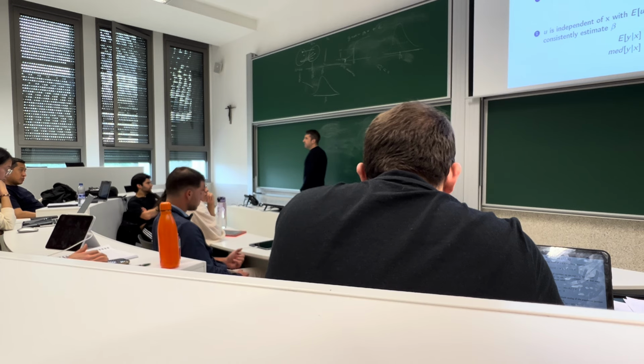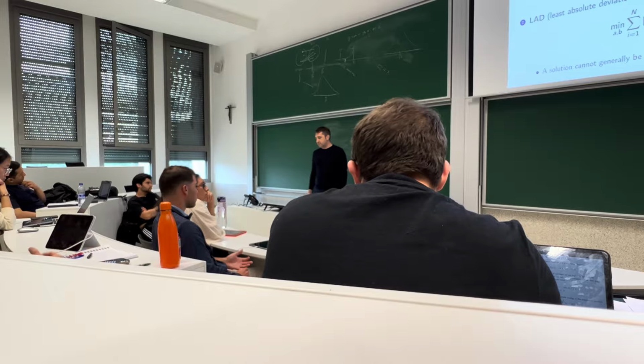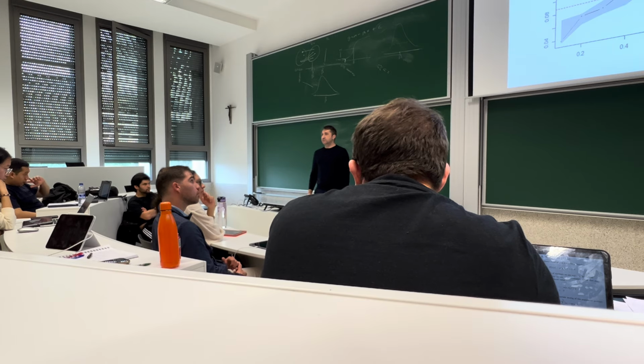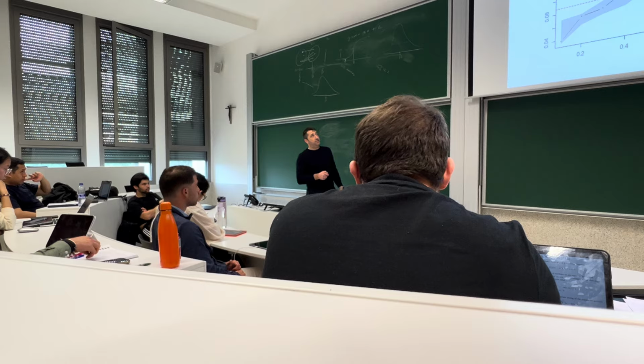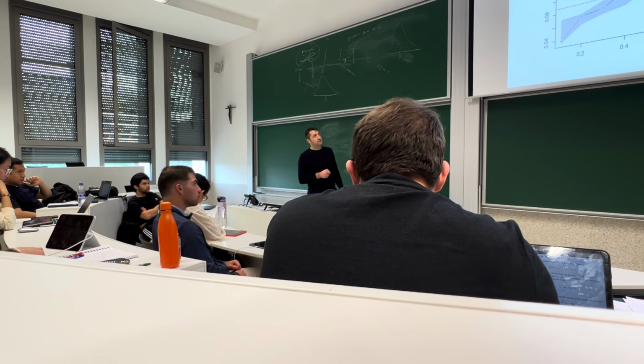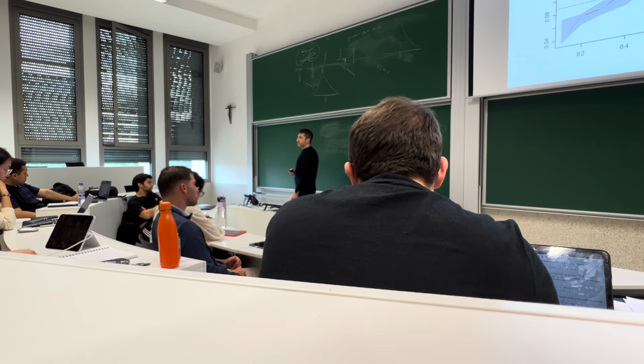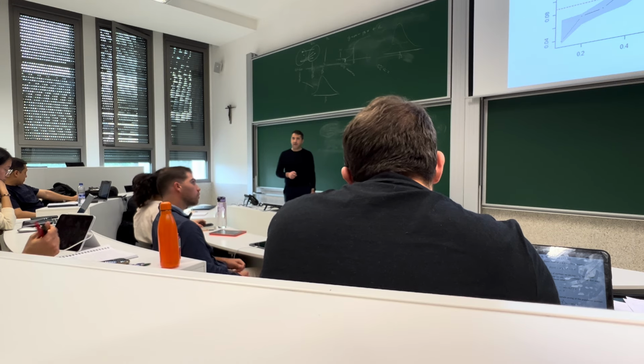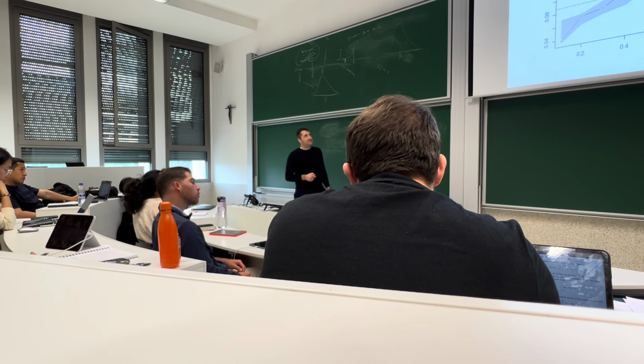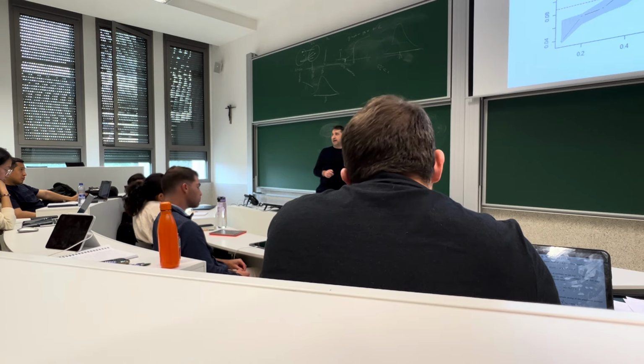We said that we needed to impose some additional assumption, some sort of symmetry. In this case, we see that the quantile effects for 0.5, which is the median, is exactly the same as the OLS. So that means that the relationship is such that